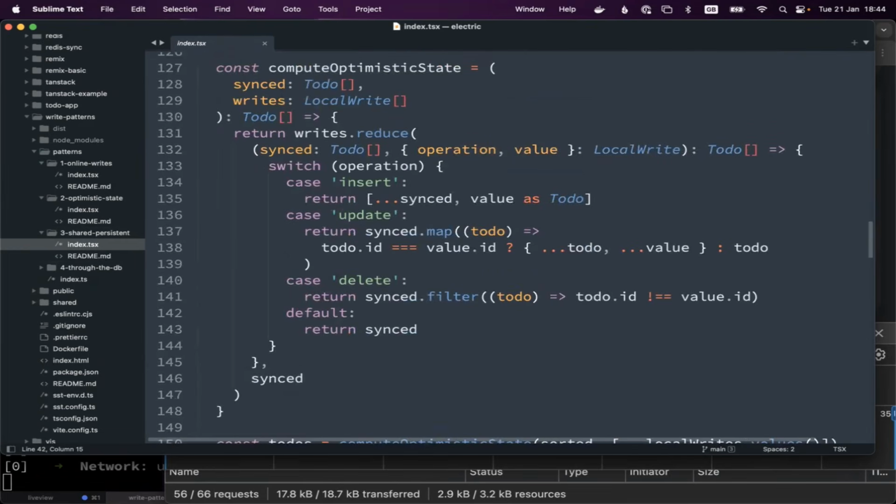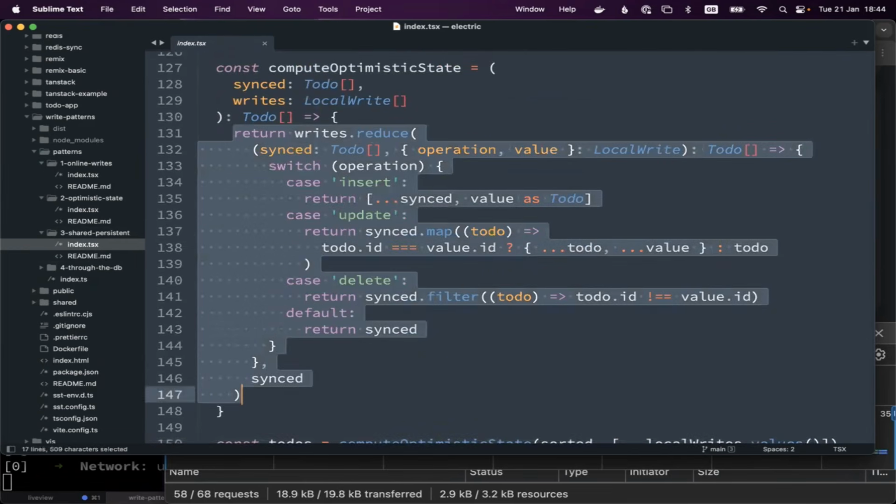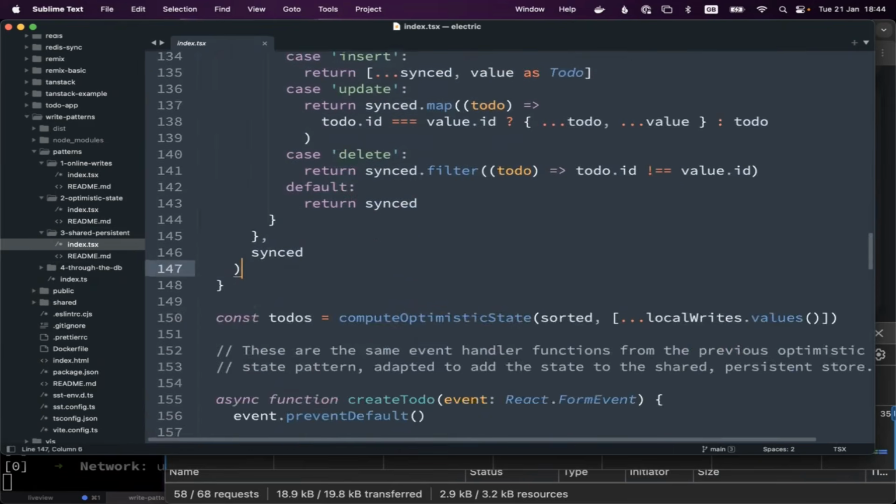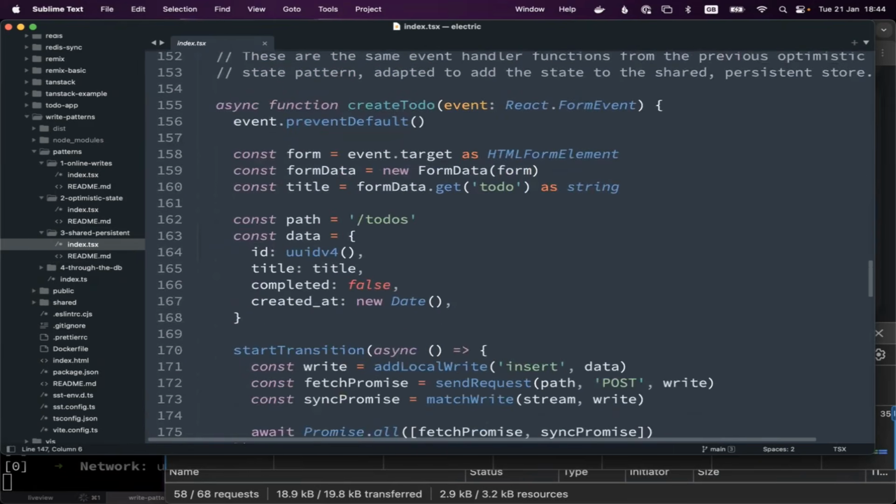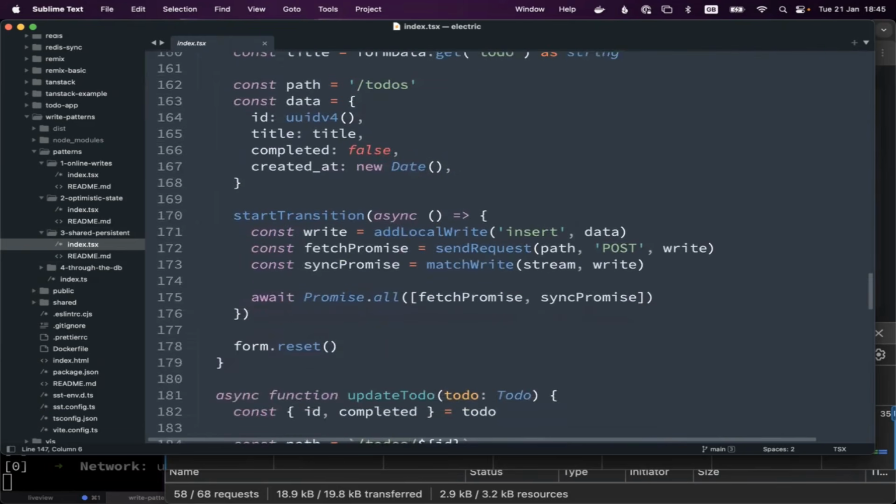It uses this Valtio store, but otherwise the merge logic is exactly as we saw before. And then these functions are almost exactly the same. It's just create to do, and then we start a transition and we apply the local state, and we make the API request and we match the stream, but we match it in a slightly cleverer way.